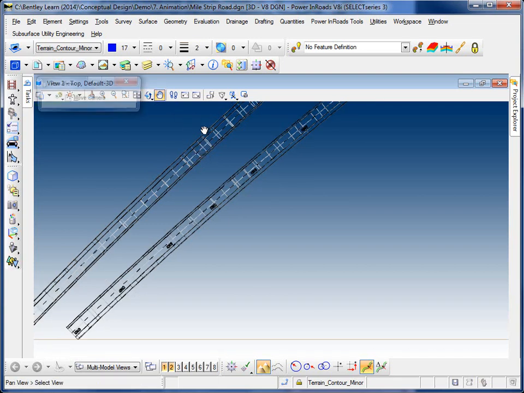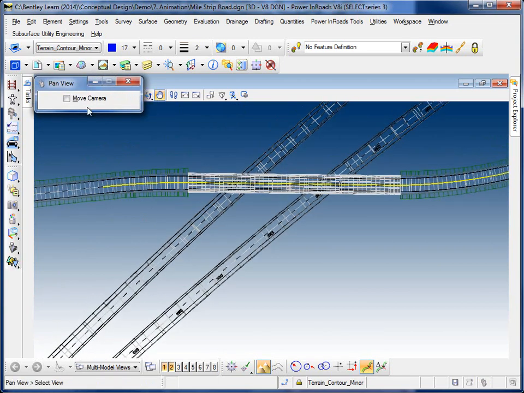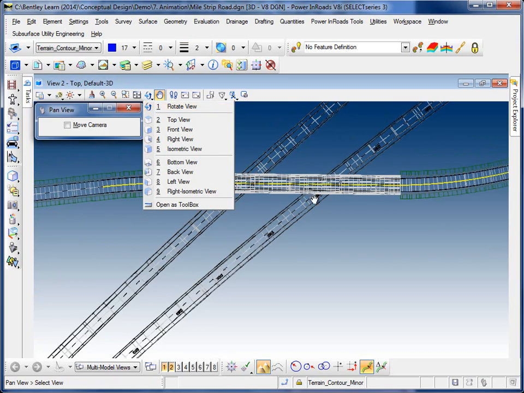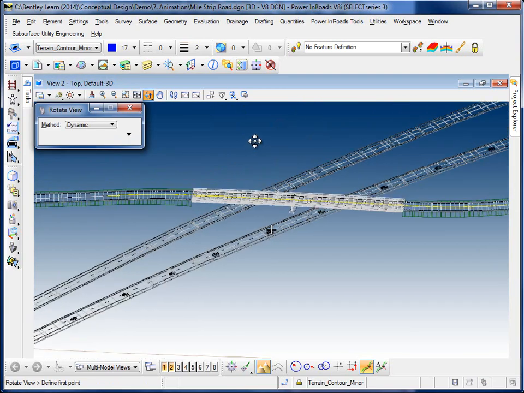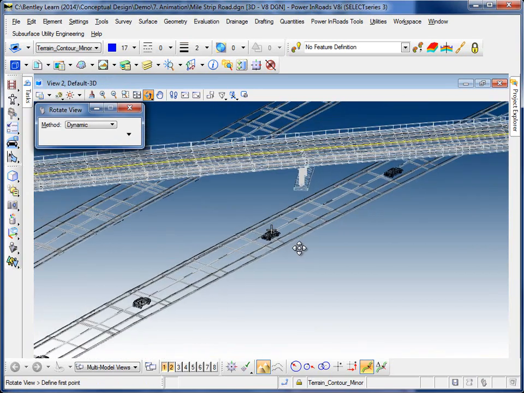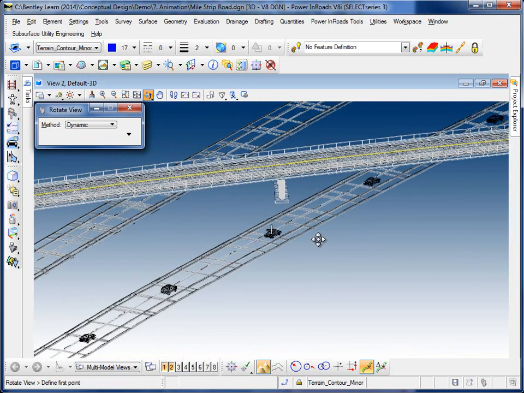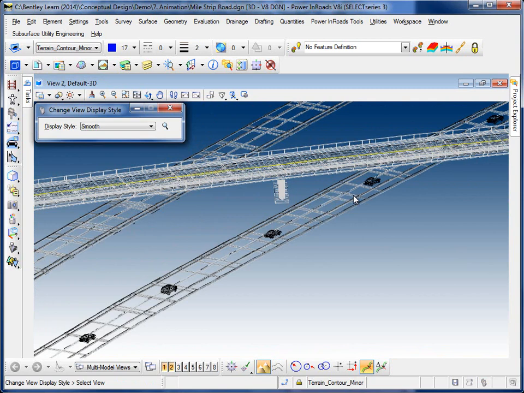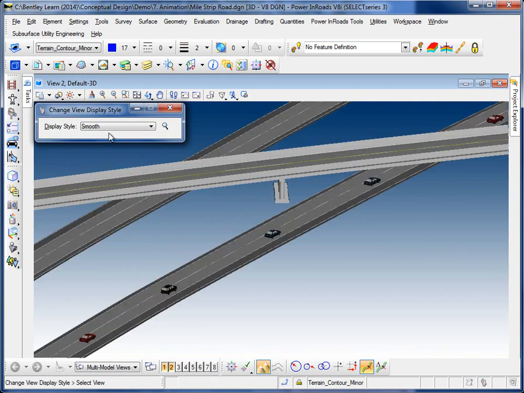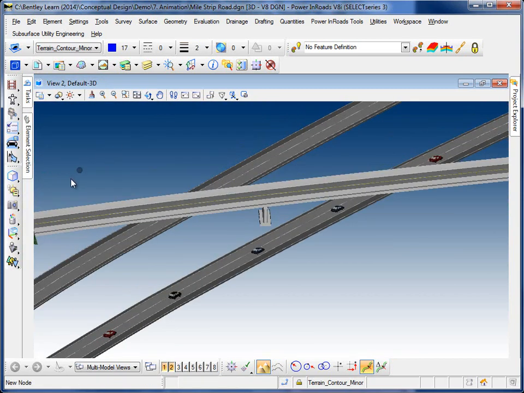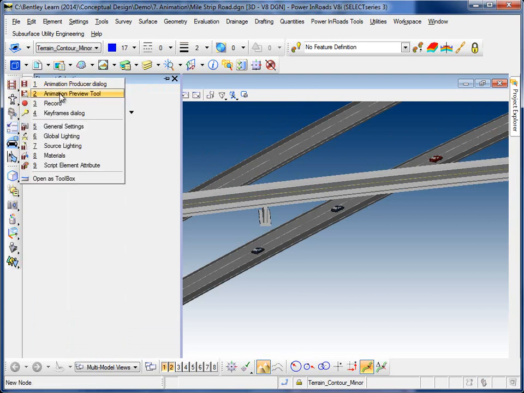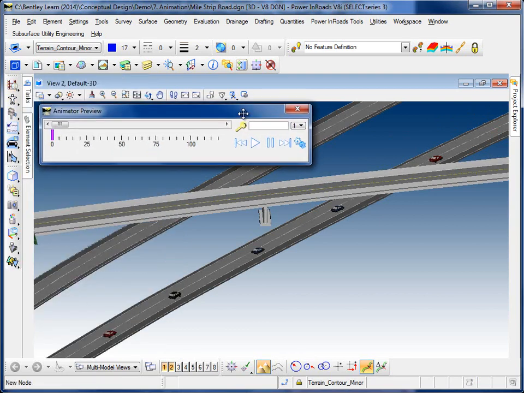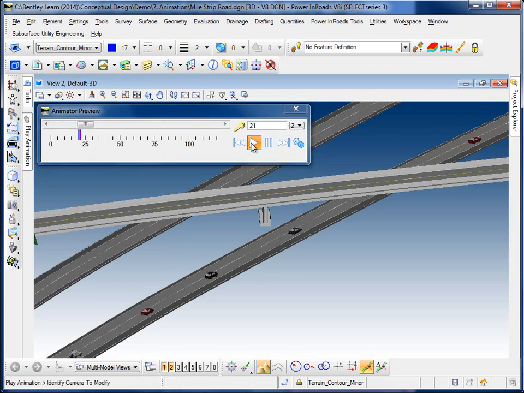Now what you can do at this point is you can just zoom out, and so we'll just do a rotate view here, and you can rotate the view however you want to do that. You can, for example, come in and do a smooth mode, and you can also come over to our animation preview tool and make sure you got your view set correctly, and you can animate your cars on your road. I mean, it literally is